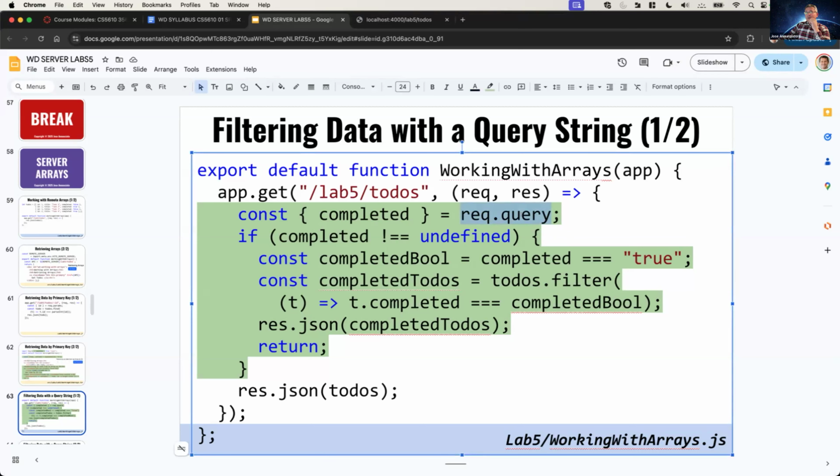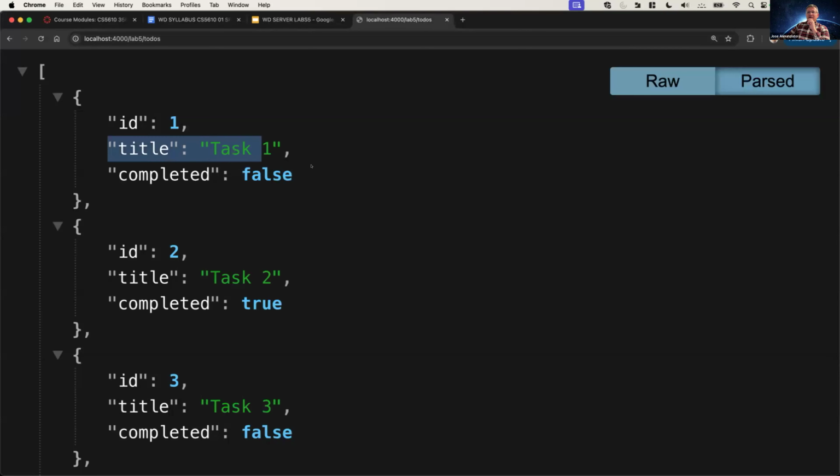So if you are filtering by title or by completed or any other field that is not a primary key, then those fields should be encoded in the query. But if you're filtering by the primary key, the value that you're filtering by should be encoded as a path parameter. And this is entirely arbitrary. It's a convention that